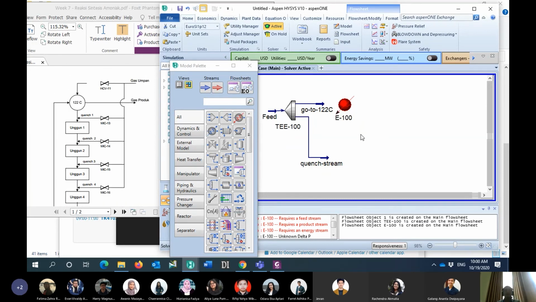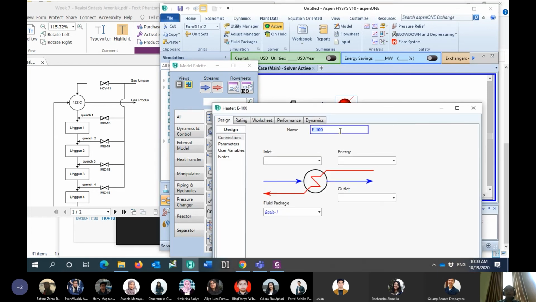So this feed will be heated by this heat exchanger. I will name this one E-122C, and then the energy will be Q-122C.